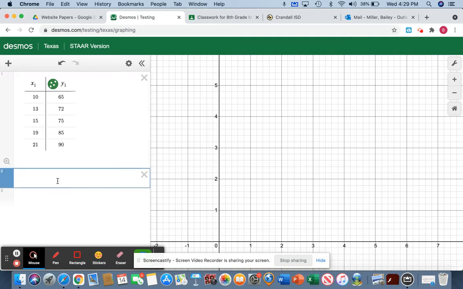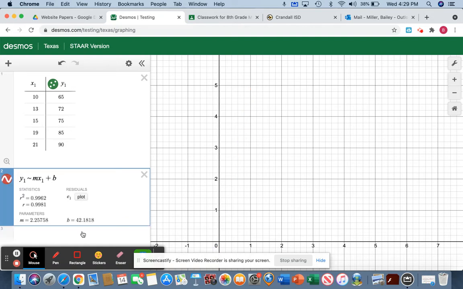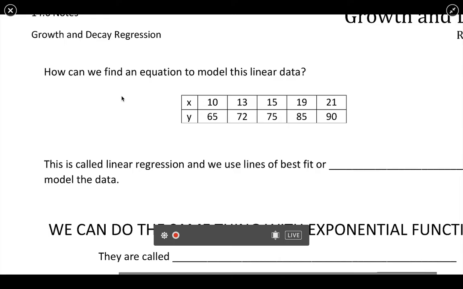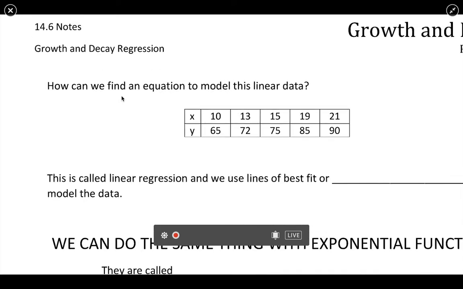Then we came down here. This is where we did the y1 squiggly. That's what the formal name for it is called. It's called linear regression. We're doing exponential regression today. So it gives you your m and it gives you your b. So if I were to find the regression for this, let's move this over for a second. We use this data, we plugged it in,